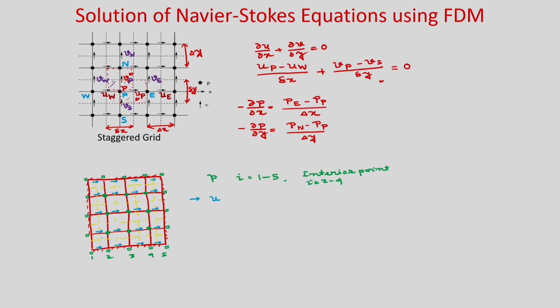And here also you need to solve. So, you can see if you apply at the boundary, it is not actually lying on the boundary, but the u velocity boundary condition you need to satisfy at the wall.